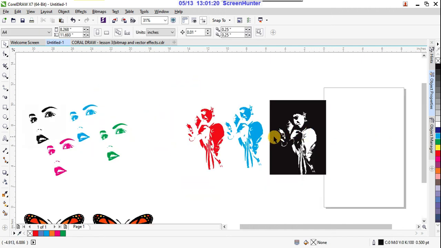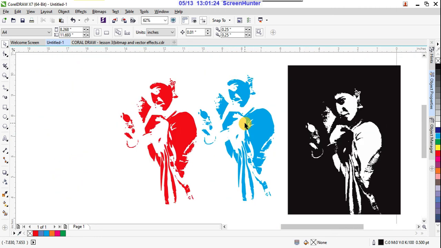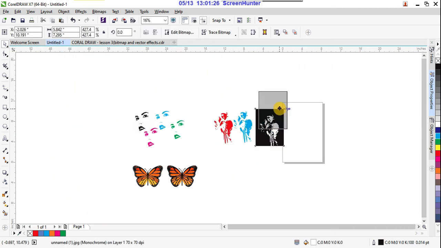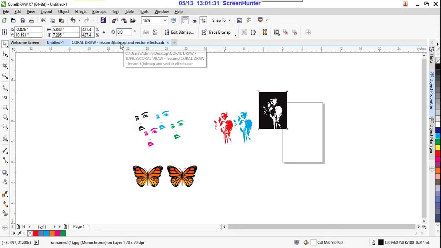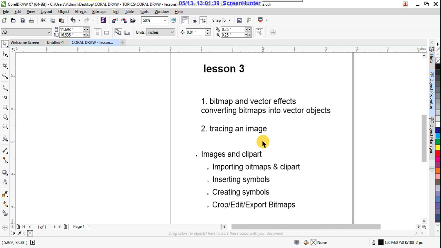So beautiful. On t-shirts generally you can use this kind of effects, right? So these are all about bitmap and vector effects.